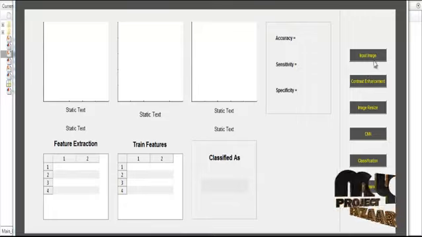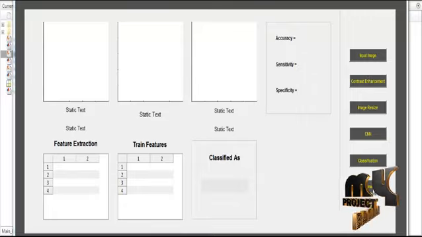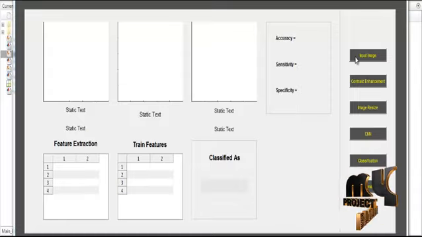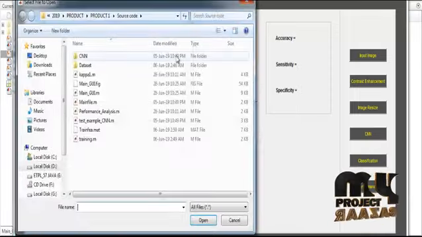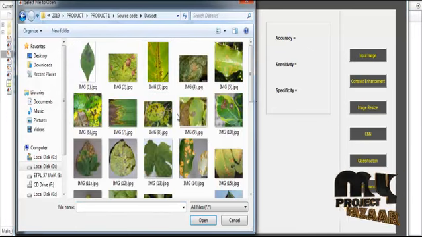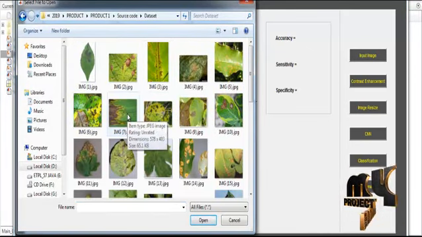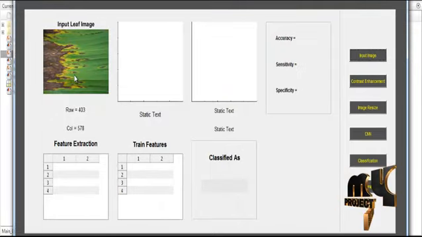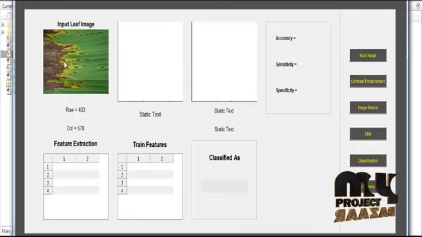In that you can see several push buttons for the controlling actions, and an axis and a table for display purposes. Now click the button input image. After clicking the button, you have to select any one image from the dataset. After the selection, the corresponding image will be shown in axis 1 with the title input leaf image.